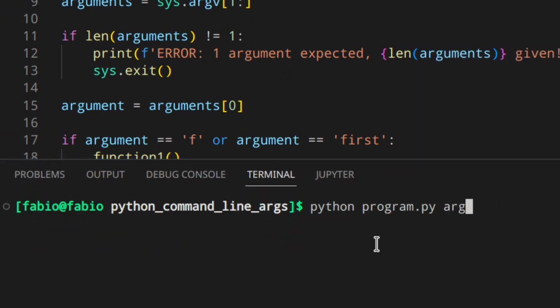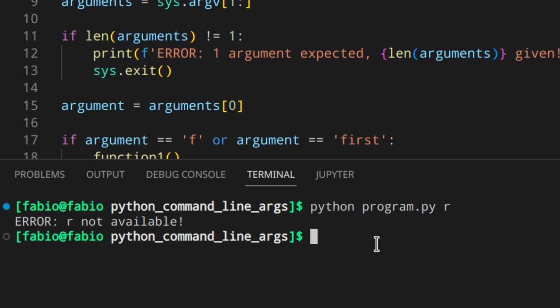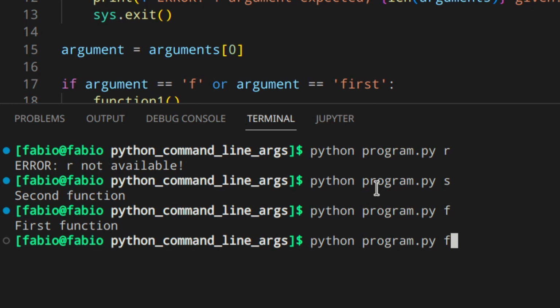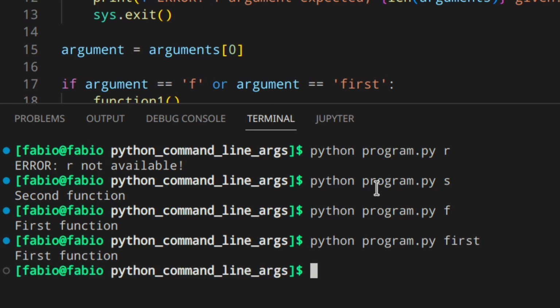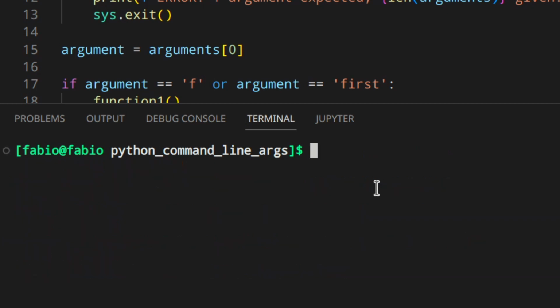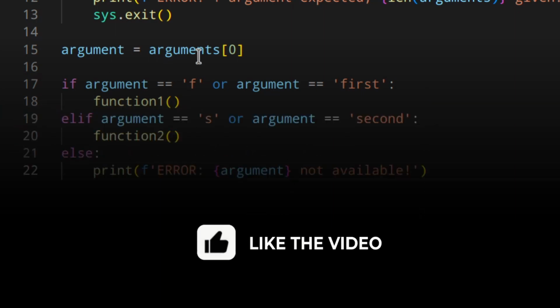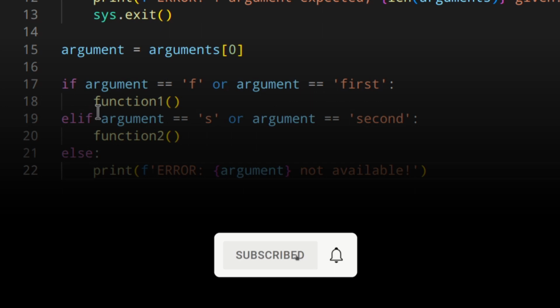Okay, so let's run it with an error: arguments not available, then the second function, f, and also first. Let's actually try just one, the first function. Okay, everything is working as expected, and you're also validating if the argument is valid. So this is the most basic